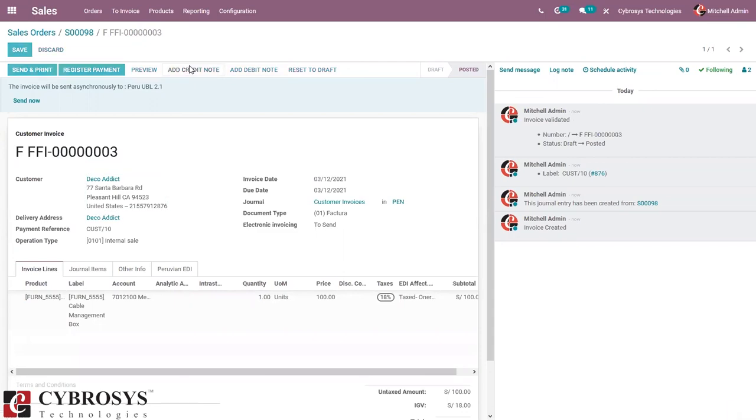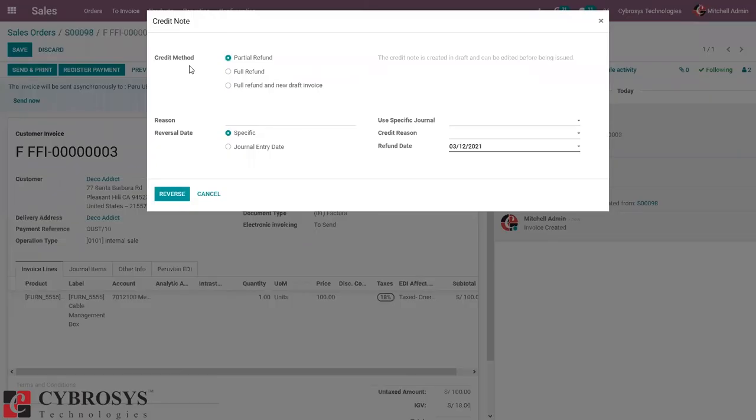So when there is a correction or refund needed over a valid invoice, we can generate the credit note. And here we can choose credit method as partial, full refund, or full refund and a new draft invoice. So by providing the credit reason, you can reverse the invoice.